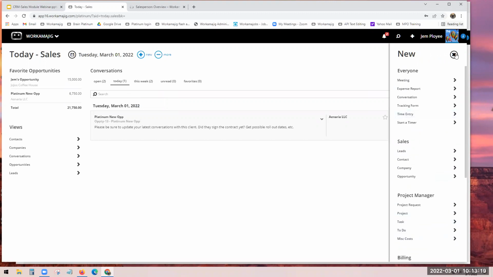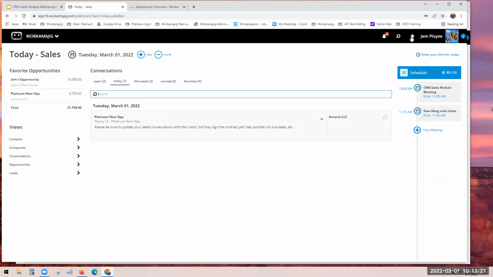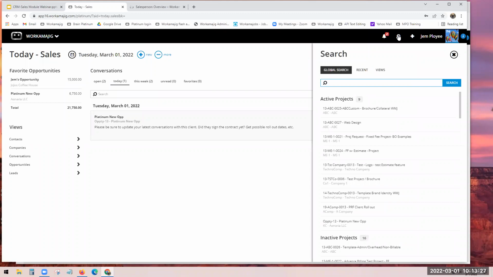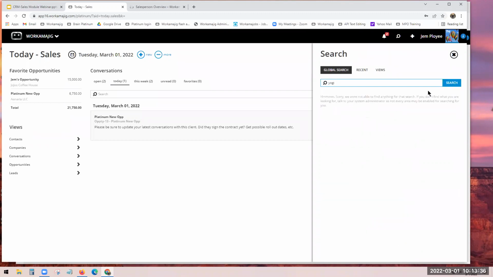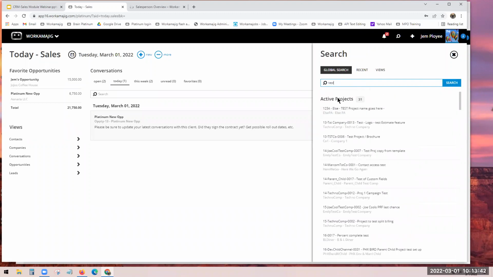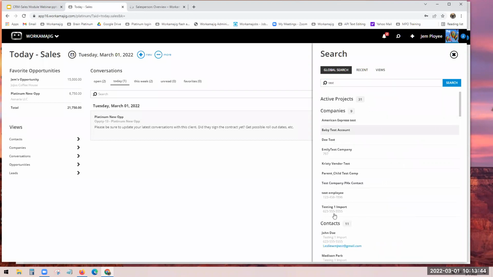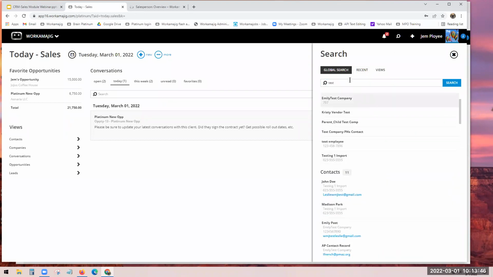Okay, so depending on your security rights will depend on what you see there. Global search, well, I don't know where to find something. Let me always go back to my global search option. If I know the name of something, I can put in a search. Maybe it's a contact name, maybe it's a company name, and if it's not any of the above, you won't find anything. There you go. Got a lot of things called test companies, you get the idea with the